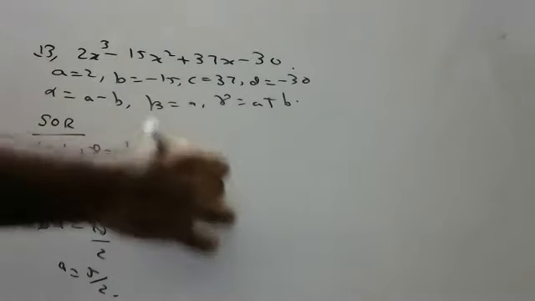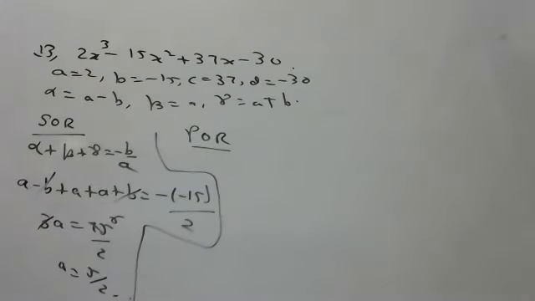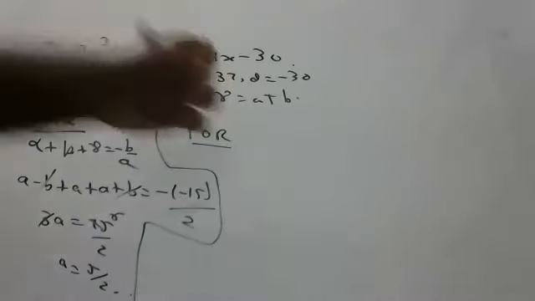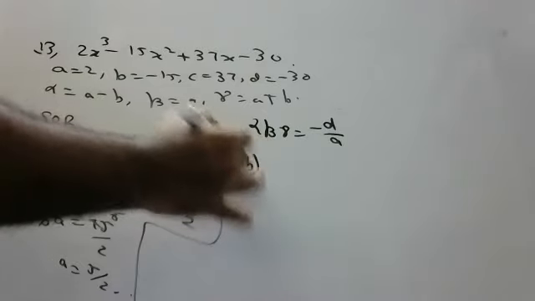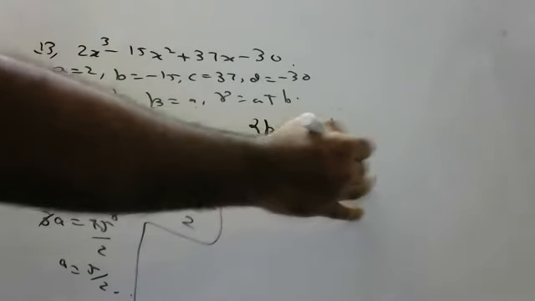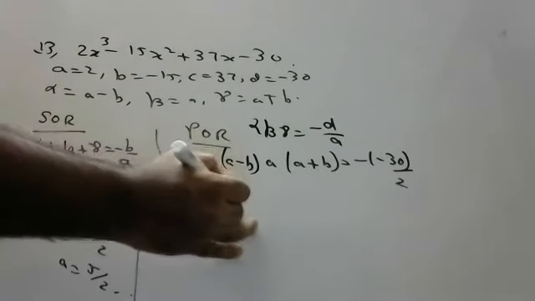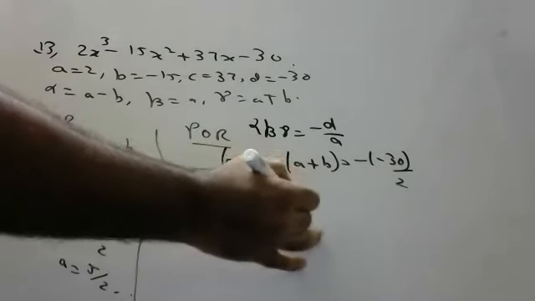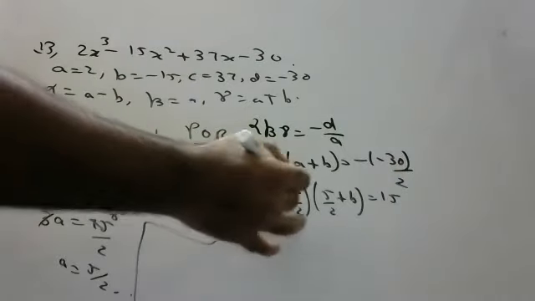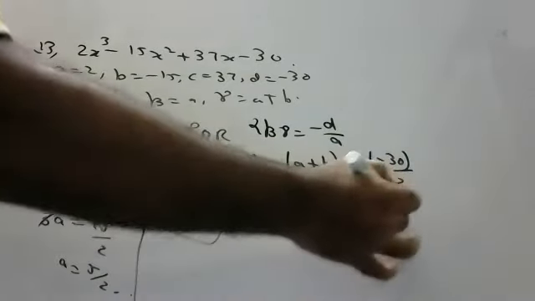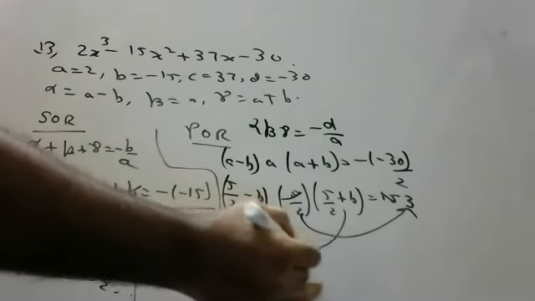5 by 2. Now the product of the roots. Please check the product of the roots, children. Coming to the product of the roots, alpha beta gamma is equal to minus D by A. a minus d into a into a plus d is equal to minus of minus 30 by 2. Okay, children, a, how much did you get? 5 by 2. 5 by 2 minus d into 5 by 2 plus d is equal to 30 by 2. So 5 3s are 15, 2 3s are 6. a minus d into a plus d, a square minus d square is equal to 6.